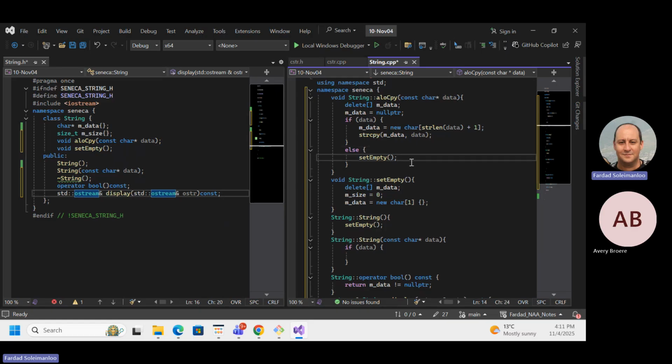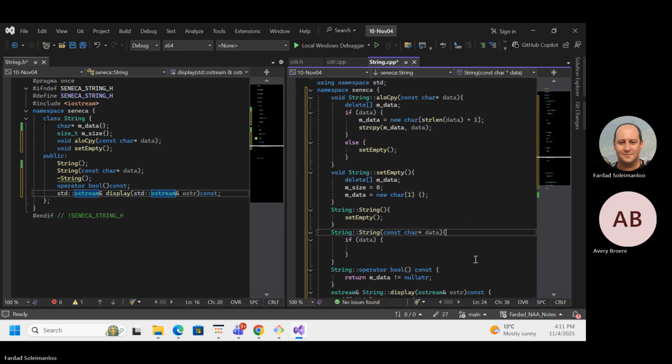But anyways, the reason he's right is that if this happened, we're going to have a 1 byte leak. You follow? Or we could have added a delete over here, and then we don't need this. Set empty deletes the data size and then allocates 1 memory, right? So then it's going to overwrite that 1 memory. We're going to have a 1 byte memory leak. Good catch, good catch.